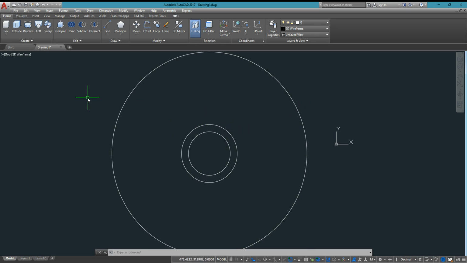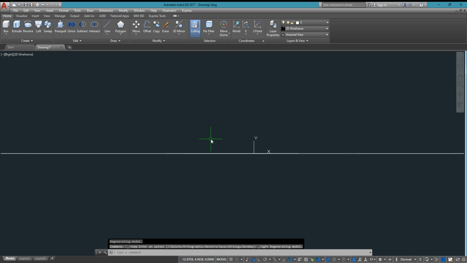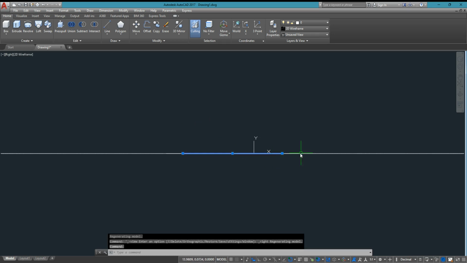But we have to change our view into the right side. So what is there on our right side? Here in our three circle objects, all the drawings are at level 0.